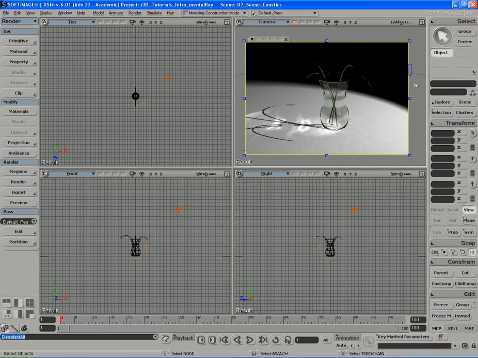Alright, so previously we saw how to activate the caustics and the setup that you need to put in place for caustics to even work in the first place, which wasn't that big of a deal. We just had to set up a few things. Now in this video, what we need to do is talk about how to control the look of the caustic